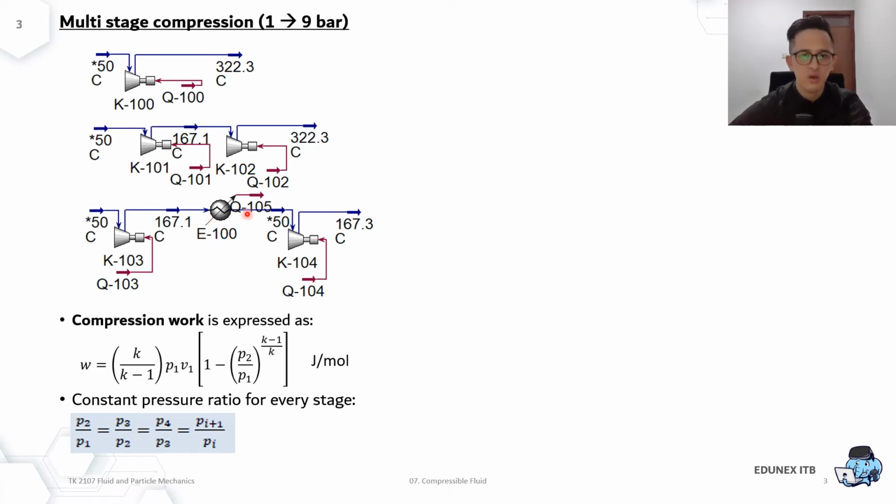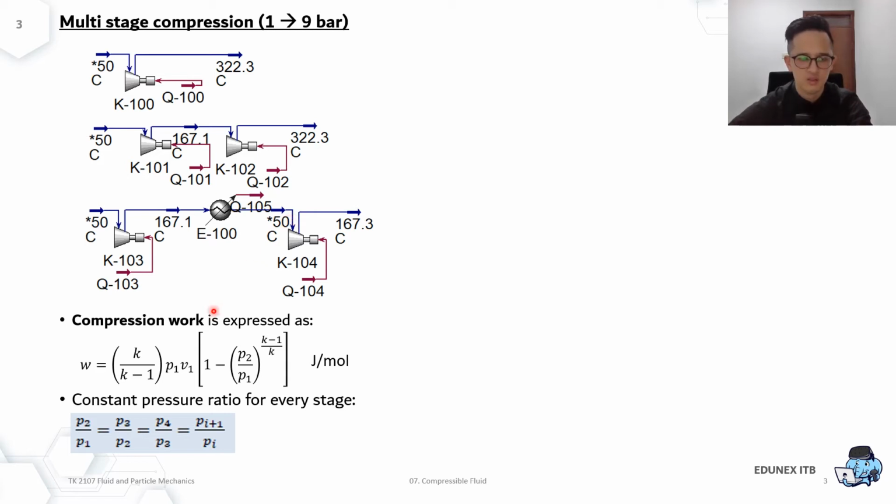Now in the third option, we have E100, which is a cooler or intercooler to be precise, where the first stage compressor exit is being cooled, let's say using cooling water, to above ambient temperature again, close to the initial temperature. What's the advantage? Now see the number. When we compress 1 to 3, it exits at 167, still the same with the second option, but now we reduce it to 50 degrees C. Now it exits the end of the second compressor at 167 as well, compared to the first two options. Is that advantageous or not?